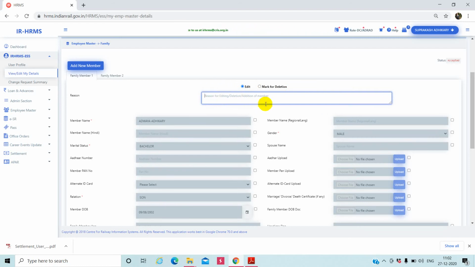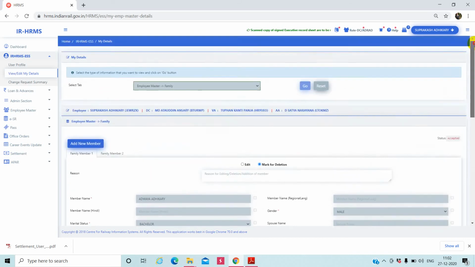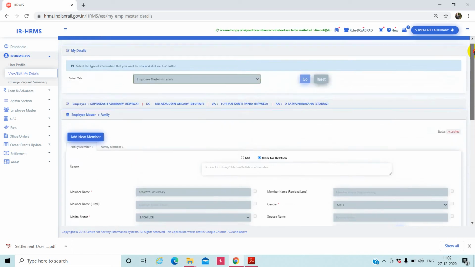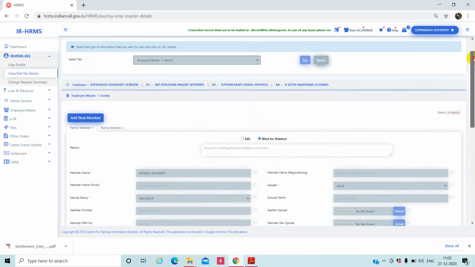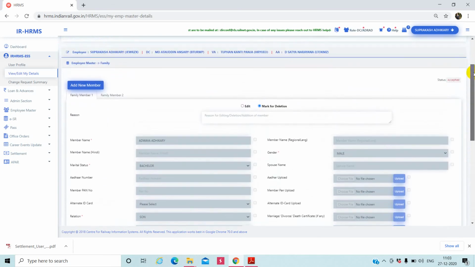And the next thing is mark for deletion. Why is it marked for deletion? Suppose this family member no longer exists, or has erroneously come to your ID, so you may raise your request for mark for deletion.